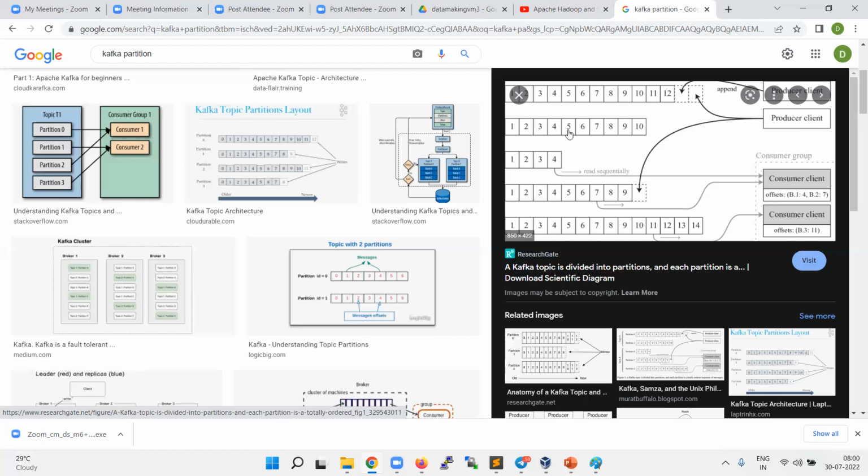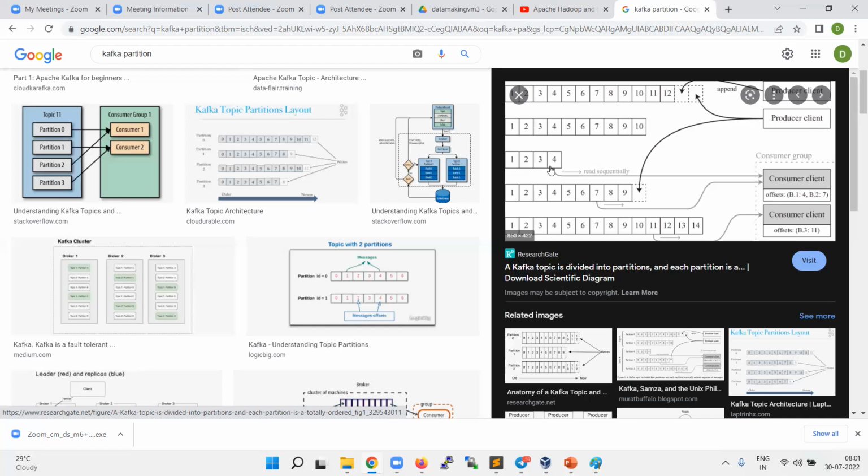When the consumer consumes data from a Kafka topic, from a partition, you can either consume from the latest message, or consume from the earliest, from the starting. Both features are available.